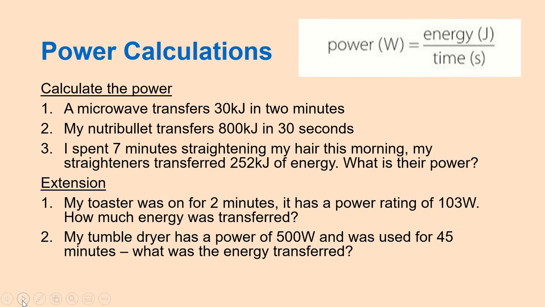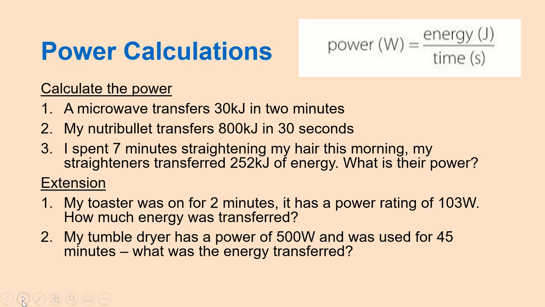Okay, so now you have this equation. Can we have a go at the first of these calculations? So, a microwave transfers 30 kilojoules in 2 minutes. So that means that our energy is 30 kilojoules. Now kilo means times by 1,000. So we're going to have power equals 30,000 divided by time. How many seconds are in 2 minutes? It's 120 seconds. So we are going to do power